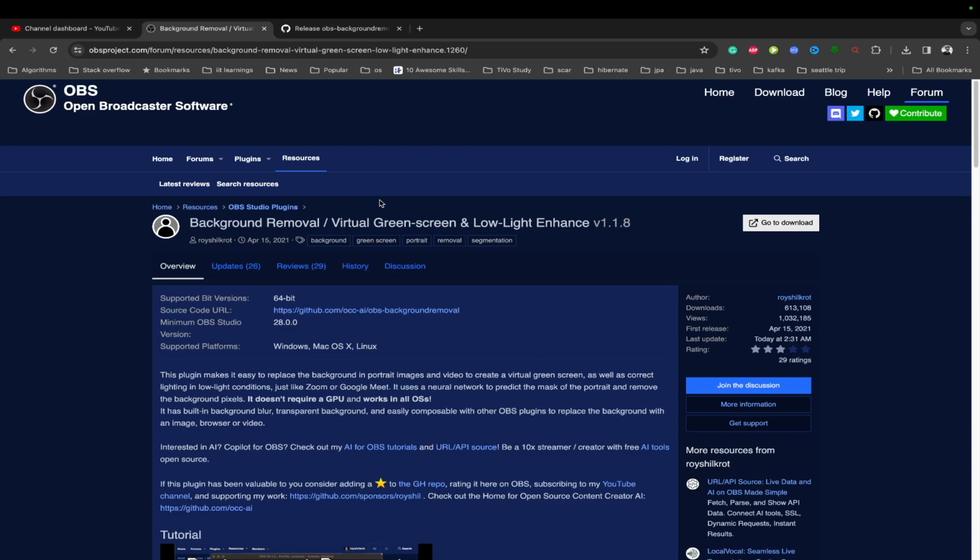In today's video, I'm gonna show you how to add face cam from your laptop to your OBS and then remove background from it. To start with, you need to go to this web page and download the background removal